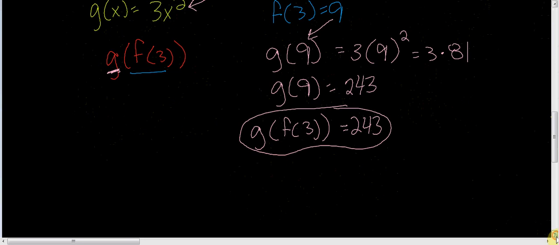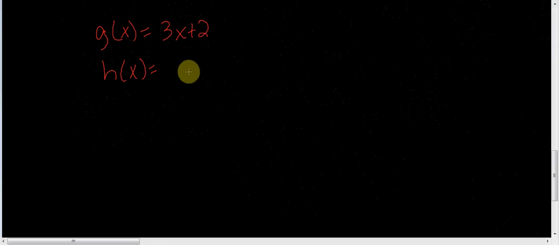Alright, let's keep going. Let's do a few more. Alright, let's see here. Let's say we have two functions, g of x, which is equal to 3x plus 2, and f of x, so let's call it h of x, just to show that we don't have to use f all the time. It's going to be a fraction, x minus 2 over 3, and we are trying to find f of g